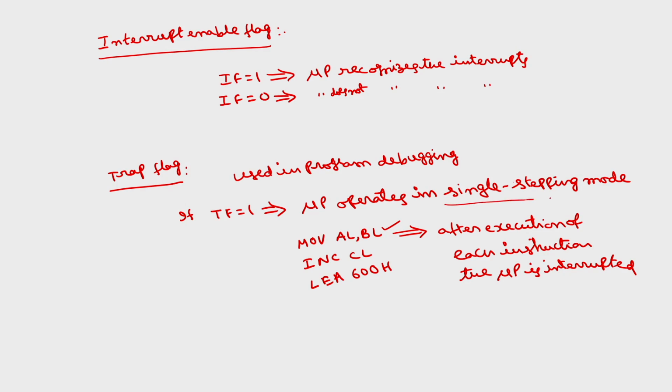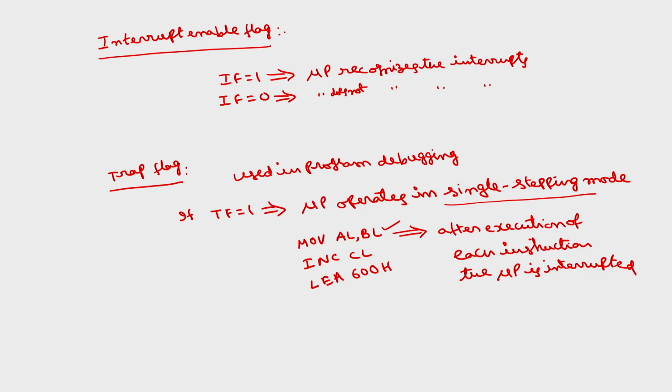If this instruction is correct, you go to the second instruction, and again you display the contents. Like that, after each instruction, we check the contents of the memory locations and registers, because we know what the results should be. If we get wrong results in the registers, then we can say there is a mistake in that particular instruction. But the drawback of this single stepping mode is that it takes a lot of time. If you have 1000 instructions, after each instruction it will be interrupted, meaning it will be interrupted 1000 times. It will take a lot of time.